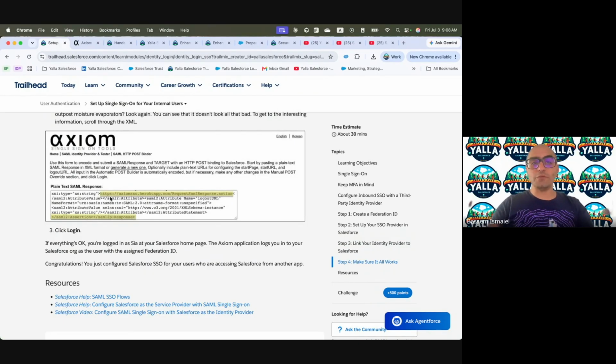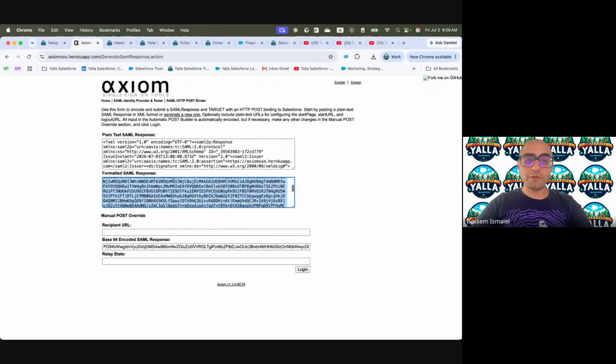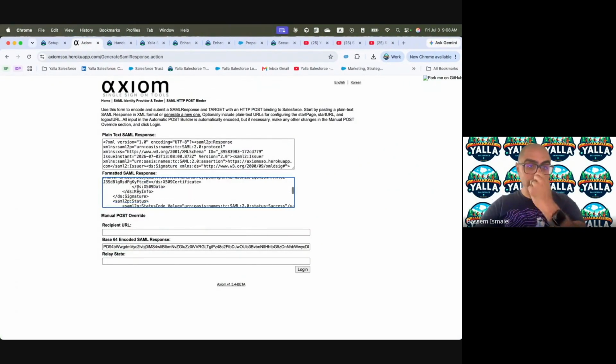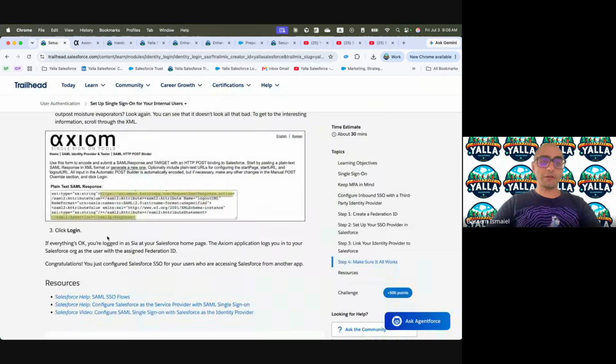You will be able to see within this, there was an issuer, a destination. You will find a certificate, a signature, everything we saw in the SAML before. So this is the certificate and the signature and the ID. You will find even in here, here we go, this is the federation ID, which said, yes, you are the same person. The response had the federation ID. So everything we talked about before.